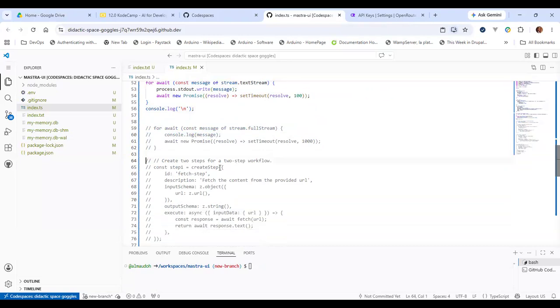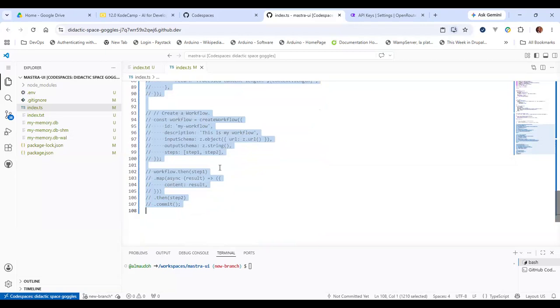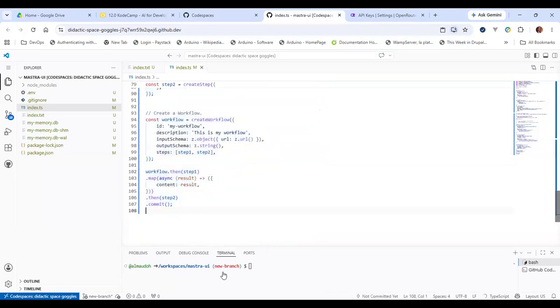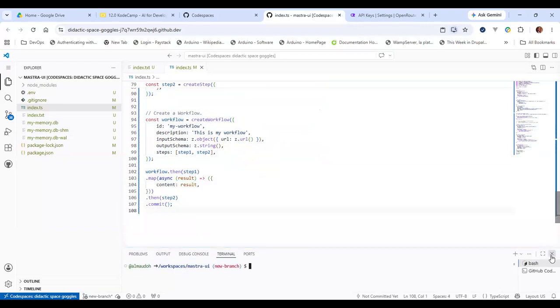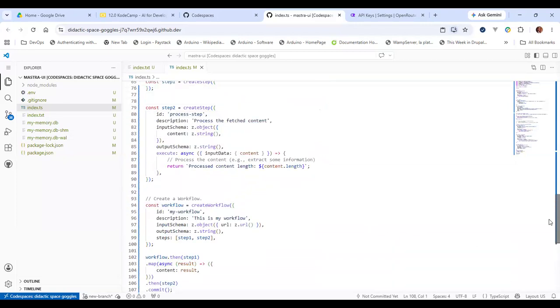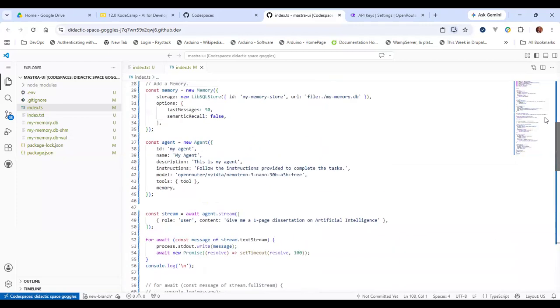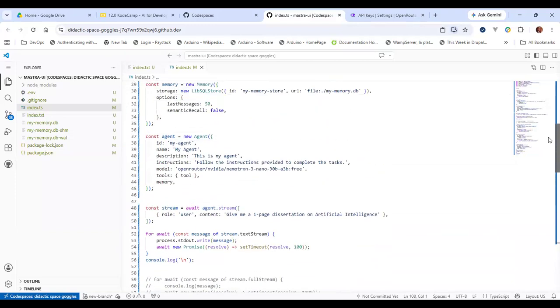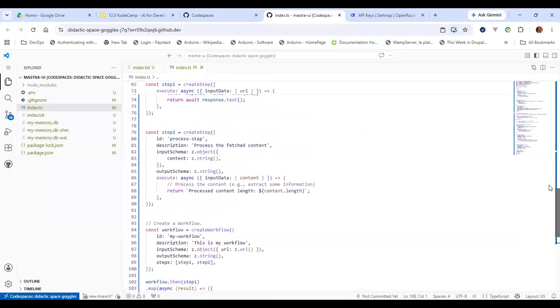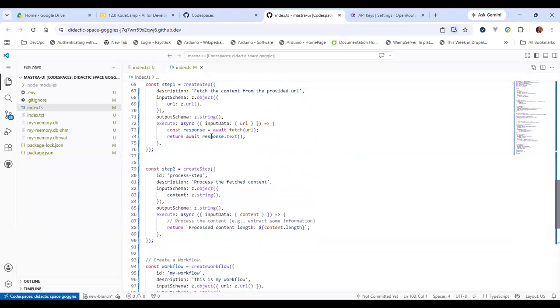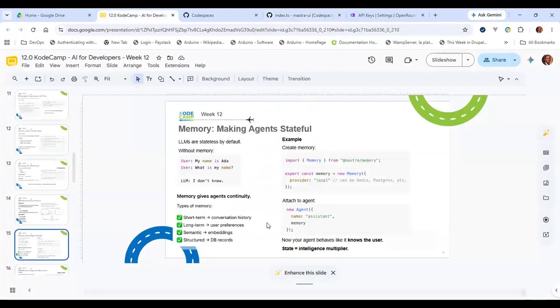Let me bring all the other things back in and let me just finalize everything so that we will put it on the Mastra Studio. Instead of what I'm currently doing here, I cannot really do conversational here because I have to start writing all kinds of additional code, which Mastra takes away from us. Mastra takes away all that stress, right? You don't need to write out the harness, the playground that you'll be using to play and test out your agents. Mastra has all of that. The only thing you need to do in Mastra is to build the agent itself. So let's just quickly run through and get to the end.